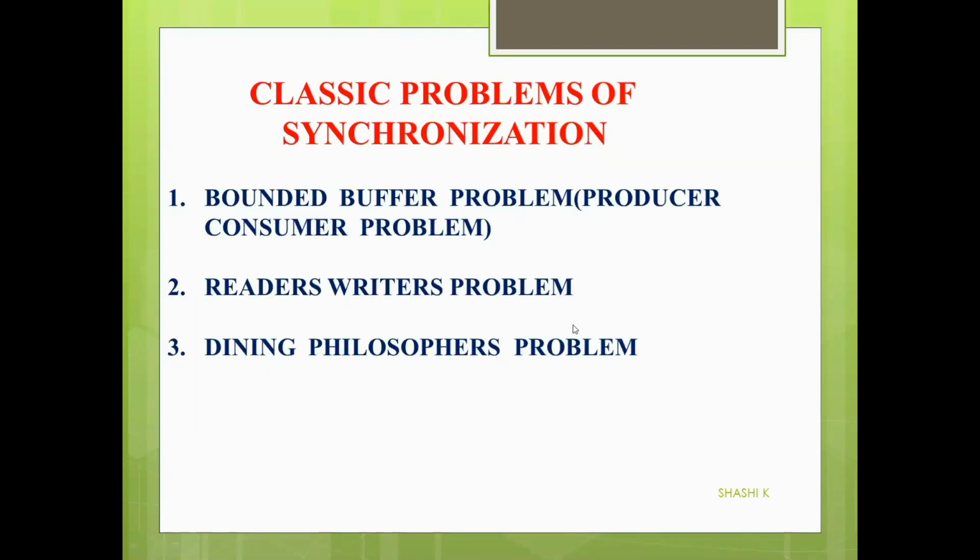So the next topic is about the classic problems of synchronization. As I already told in my previous videos, the classic problems of synchronization are just representations of a number of concurrency control problems which occur in an operating system. An operating system is basically a resource manager, so it has to manage several different types of resources in a deadlock-free manner. To simulate or represent that, we study these classic problems of synchronization.